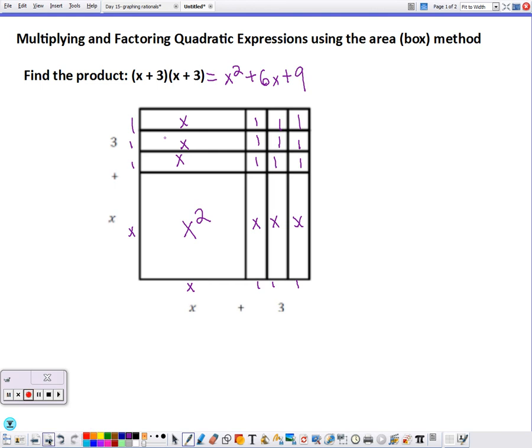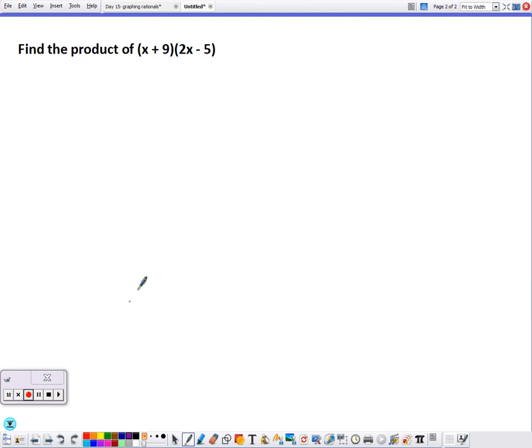Okay. So to build on that idea, let's say I wanted to multiply x plus 9 times 2x minus 5. I'm not going to draw such an elaborate diagram every single time. I'm just going to draw what we sometimes call a box. Sometimes I think it looks like a window. So I'm going to draw